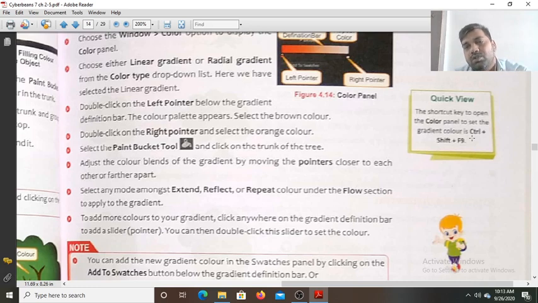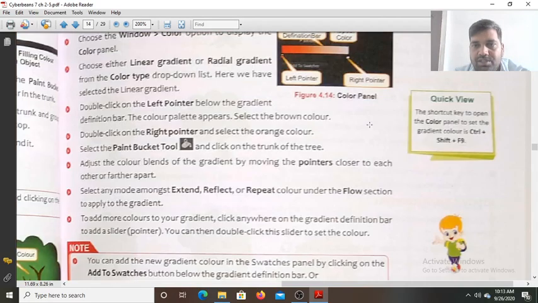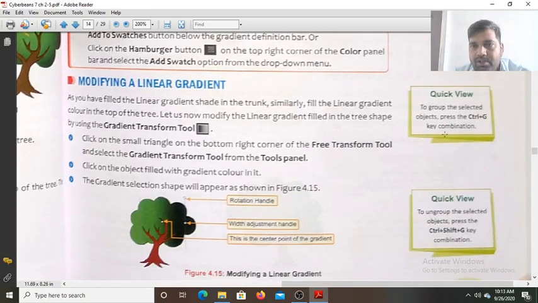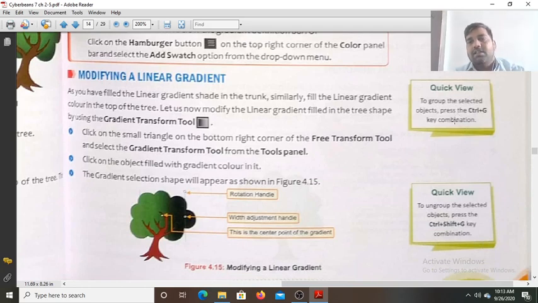So don't skip this part, because many objective type and short questions are asked from this quick view. Read this also, learn this also. To group the selected objects press Ctrl plus G, and to ungroup the selected objects press Ctrl plus Shift plus G.